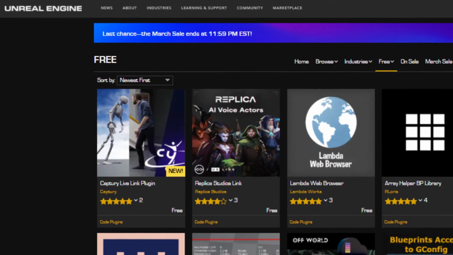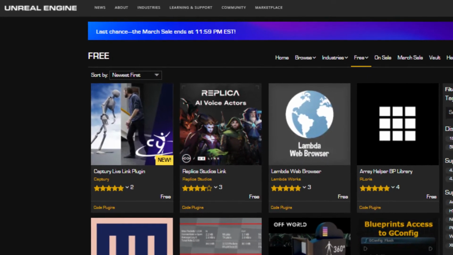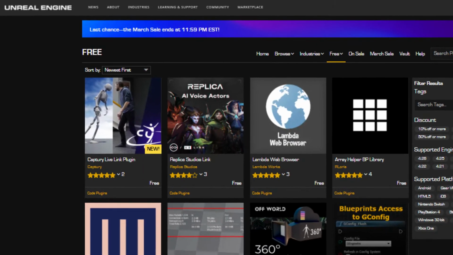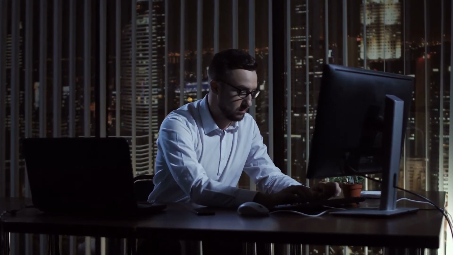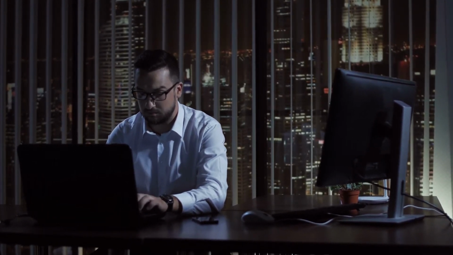So I look at the Unreal Marketplace all the time, and there are some really good templates out there. But again, if the scope is too big, the template isn't going to matter because it's going to take too much time and energy to actually get that game out there. So pick something that's a little bit smaller. You want to pick a game that a person can maybe complete within maybe 1 to 2 hours. This is the kind of project that you want to do.